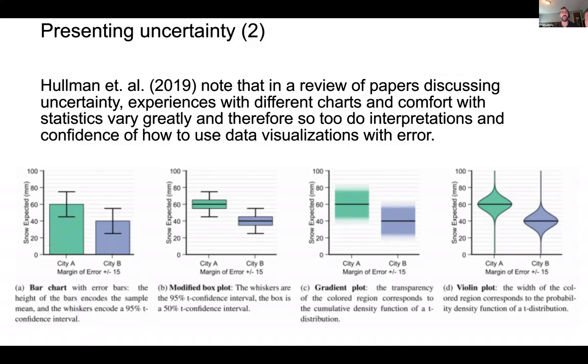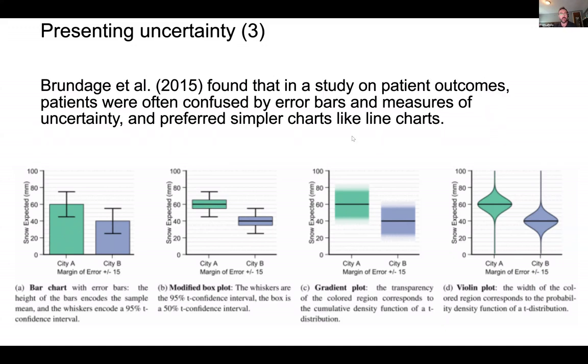So it's important just to think about, how am I presenting the uncertainty inherent in my visuals to others so that I'm not misleading them in some way? And yeah, this is just presenting. I guess it was actually Brundage who noted that in a study of patient outcomes, the error bars often created challenges. Oh, this is actually a slightly different point. They do create problems. Many people prefer a simpler chart, but it is important just to be aware that, at the end of the day, you're making these rhetorical decisions.